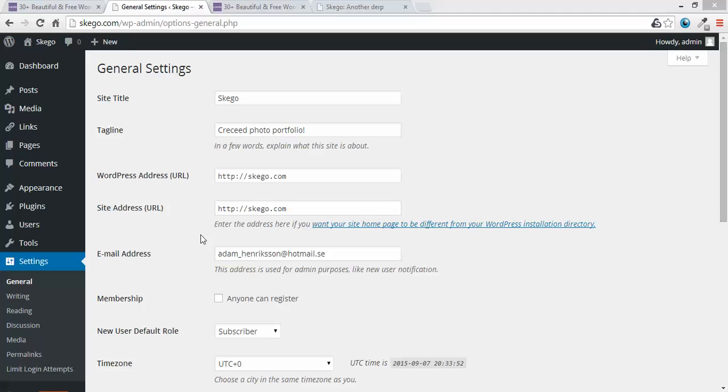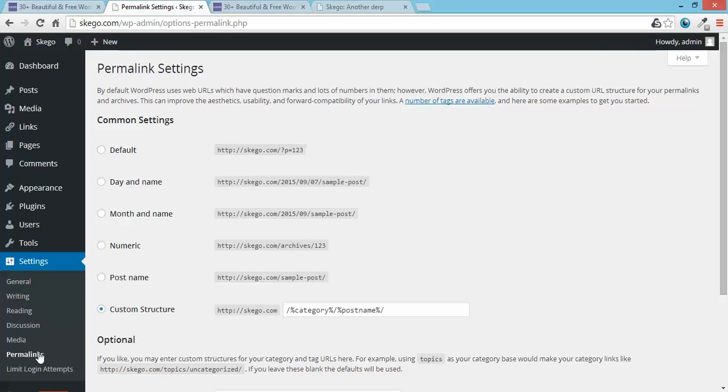Okay, so now we're gonna do one more thing in settings. We're gonna go to settings. We're gonna go to permalinks. This is a thing you always want to do. This has to do with how the search engine will find the content you create. You usually want to use it as the post name, because then it's gonna show what you actually name the